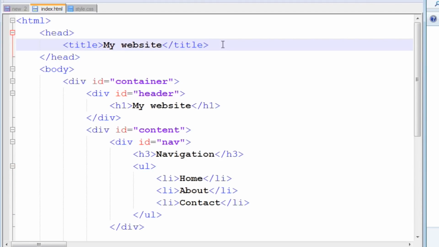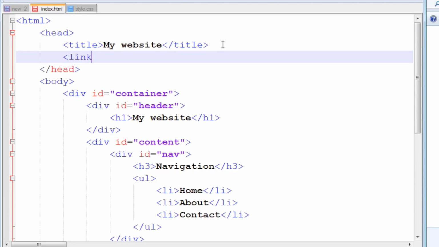First we have to define a relationship between the HTML file and the CSS file. We do this with the link tag in the head section of the HTML. The first attribute is the relationship rel, and we tell it that it's a style sheet. The type of the file is text/css, and then the link or the path to the file, and since it's in the same folder we can use a very simple relative path of style.css, and then it's a self-closing tag